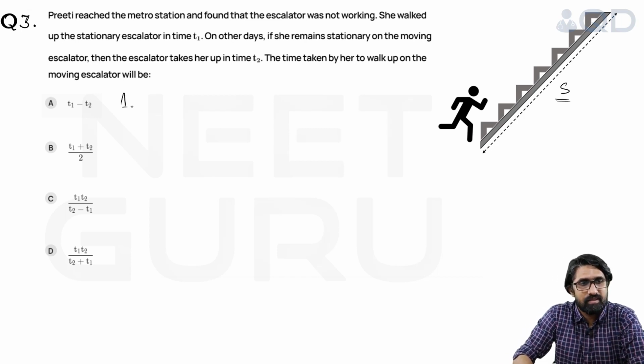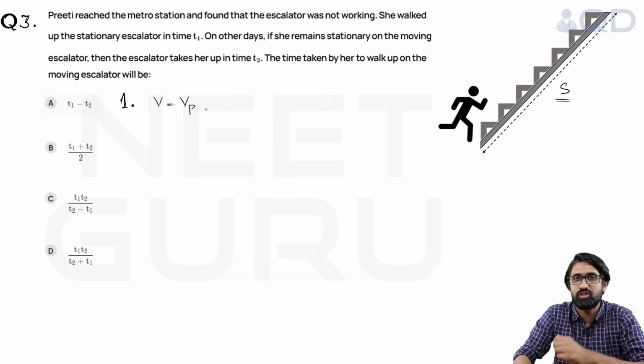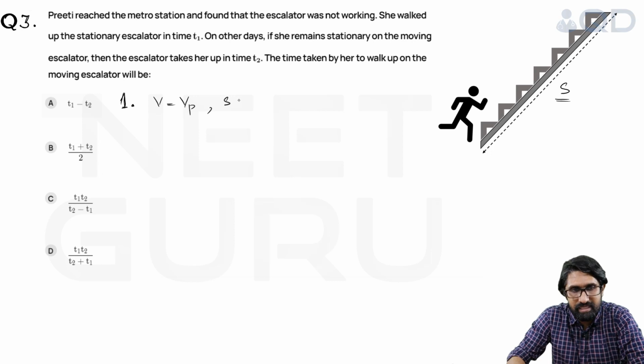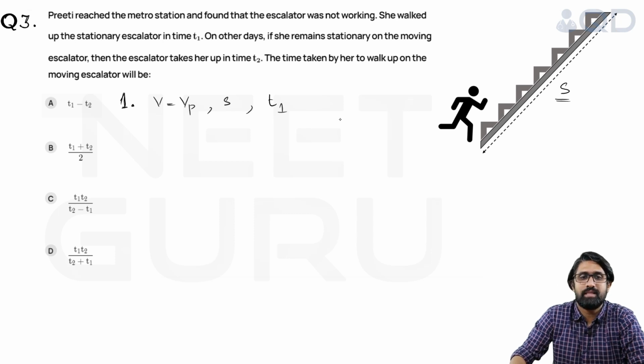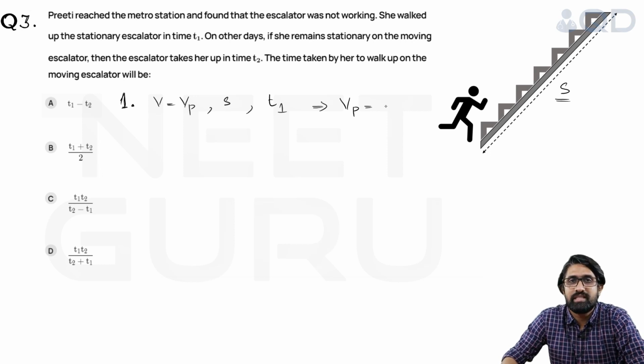In the first case, it is mentioned that Preeti walks up on a stationary escalator. The escalator is not working. In that case, the velocity with which she is traveling will be Vp, velocity of Preeti. And the distance that she has to travel is s, the length of the escalator. And that happens in time t1, that is given in the question. So from this data, we can say that Vp, velocity of Preeti, will be equal to distance by time, that